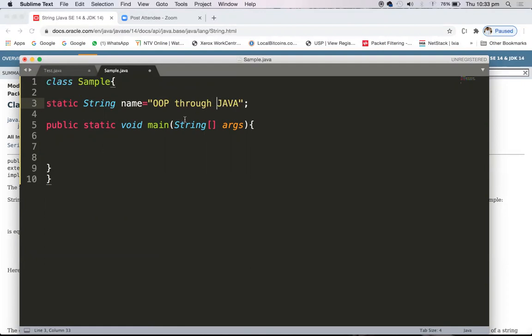So let's say object oriented programming through Java, that is the name. Now I want to find what the length is, right? Somebody asked me what is the length of this particular string called name. So how do I find the length of this string name?